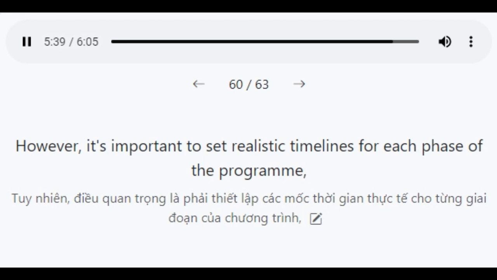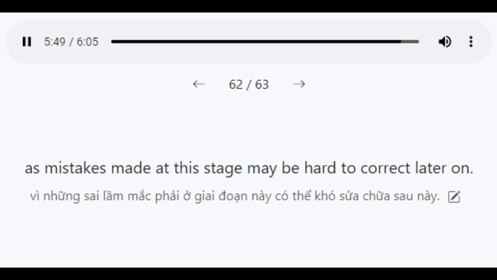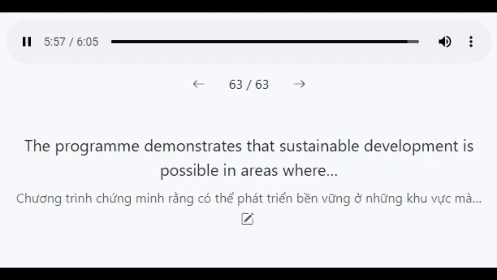However, it's important to set realistic timelines for each phase of the program, especially for its design, as mistakes made at this stage may be hard to correct later on. The program demonstrates that sustainable development is possible in areas where there is